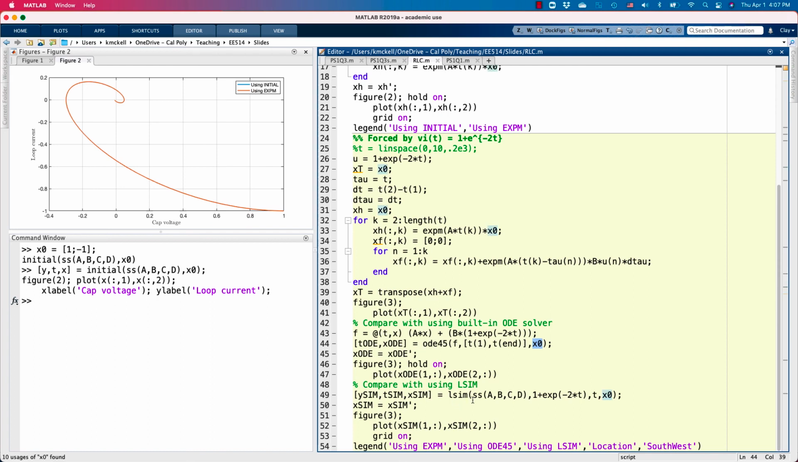And also, there's a third way to do it, perhaps you're more familiar with this, which is using the lsim command. So this takes a state space object, it takes an array of forcing function values, and it takes an array of time values and an initial condition. So these are probably the top 3 ways to simulate the state trajectory of a linear system. So if I run this,